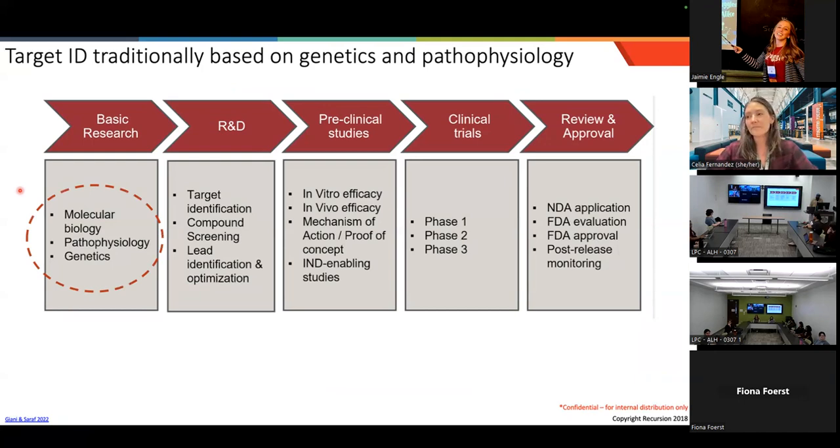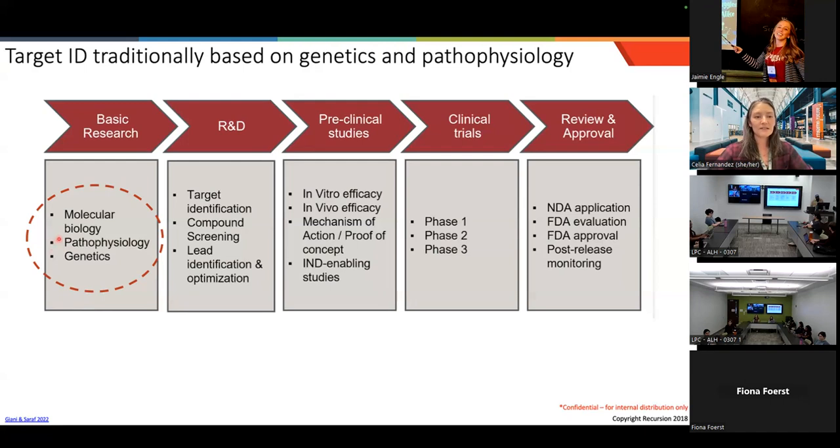So we'll see in the example of Alzheimer's disease, maybe you know that a certain population that gets this disease always has a mutation in a particular gene. Right? And so you can reasonably assume that either that gene is directly causing the disease, or maybe it's affecting some other pathways downstream that are actually causing the disease.